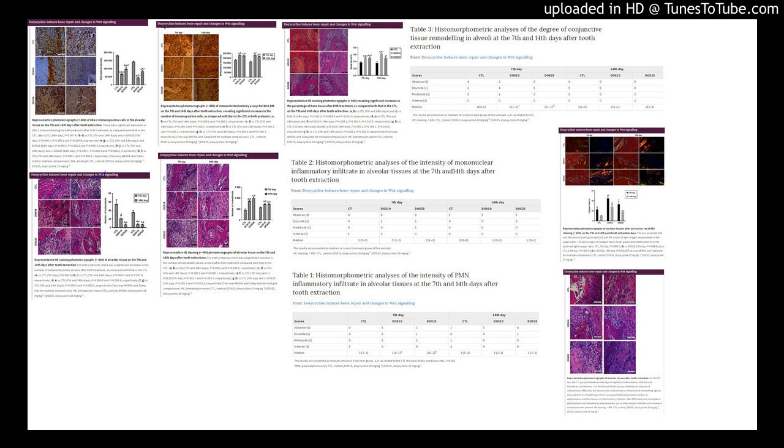WNT signaling is activated by wounding and participates in every stage of the healing process, from the control of inflammation and programmed cell death to the mobilization of stem cell reservoirs within the wound site. Furthermore, signaling via the classical WNT pathway is critical for bone deposition and bone remodeling.